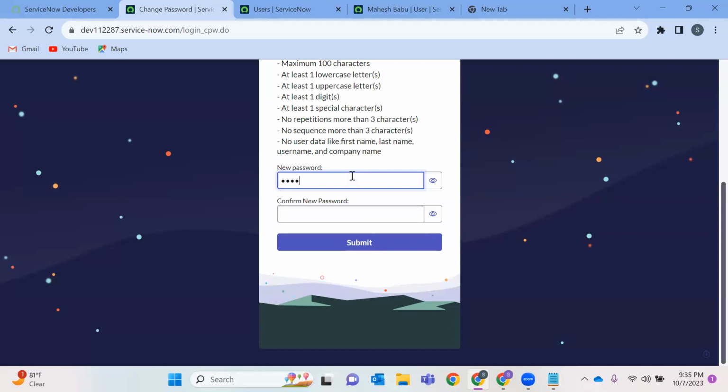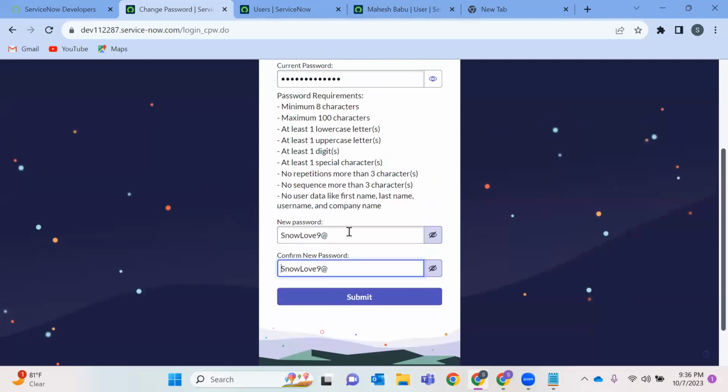So definitely I use the same password, guys, because it has a special character, a lowercase, a digit, and an uppercase. So all the requirements asked by ServiceNow have been confirmed.